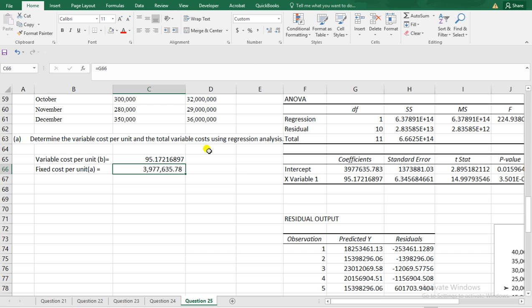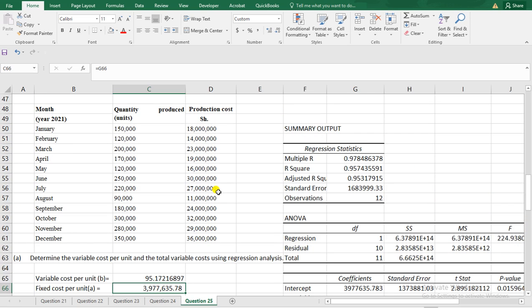So this is how we are supposed to determine our variables. That is, of course, B, A, and all our variables asked here. So I don't know why the examiner asked of total variable cost. We could have been asked of the fixed cost, but anyway, because you are asked, we can't assume,